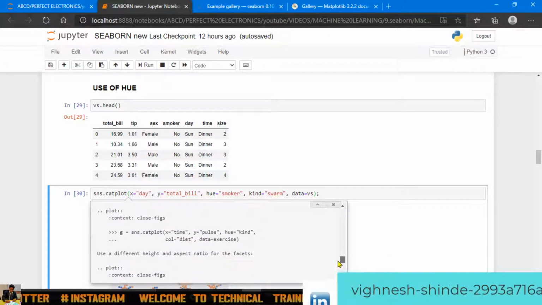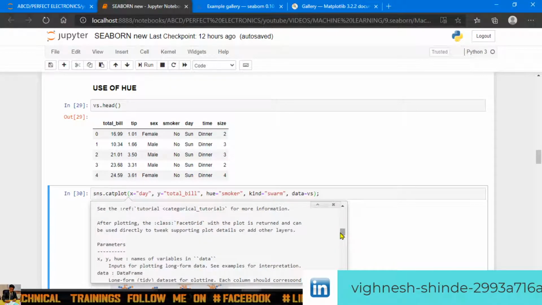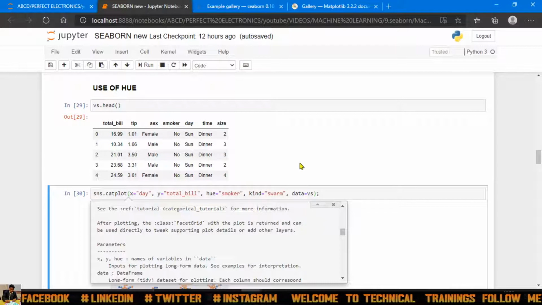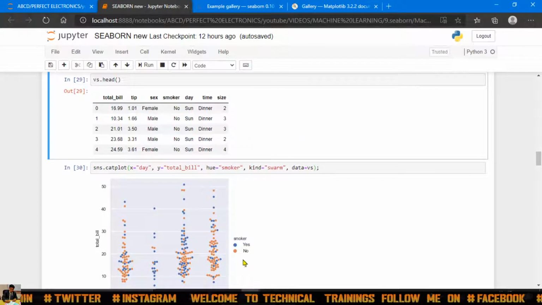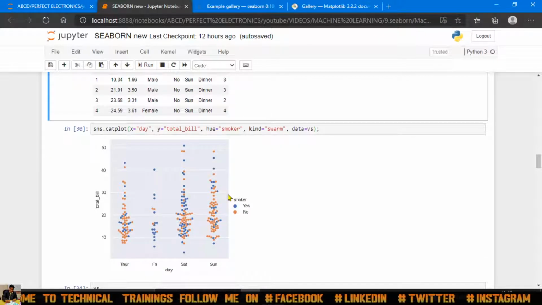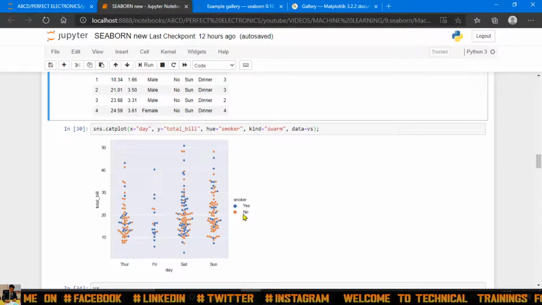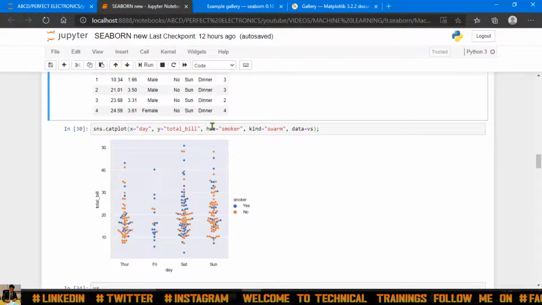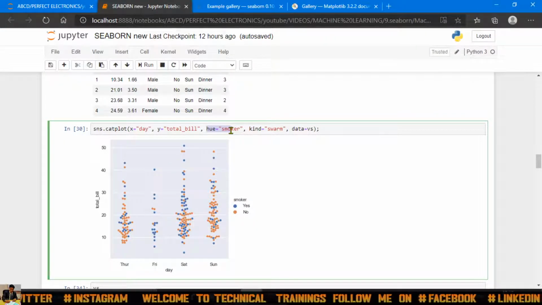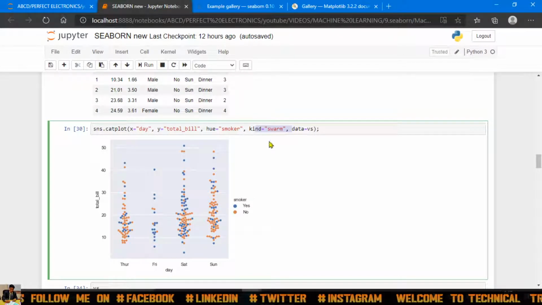You can access it and find out what exactly each parameter means, such as names of variables and data input for plotting long-form data. So hue is nothing but, suppose I'm plotting the data of day and total bill, we make it by smoker, meaning how many are smokers on the particular day, yes or no. It just takes the third parameter and plots the graph on the basis of those two categories. I'm using swarm over here; you can see I can use jitter also.